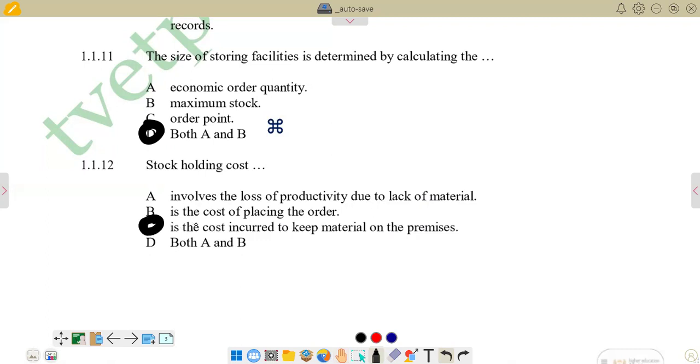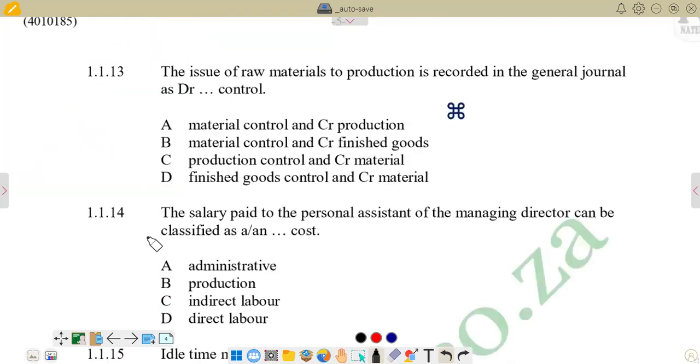Then we move on to the next question, which is our question 1.1.13: the issue of raw materials to production is recorded in the General Journal as debit dash control. Right? Whenever material is issued into the production, it means it's going to be received by the production control, and it's coming from the material control. So